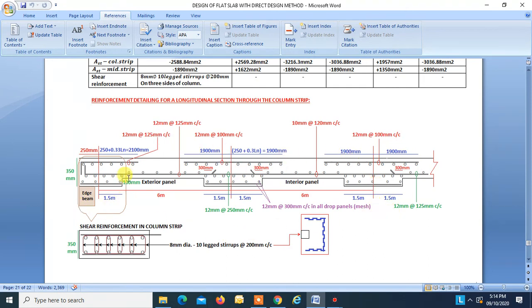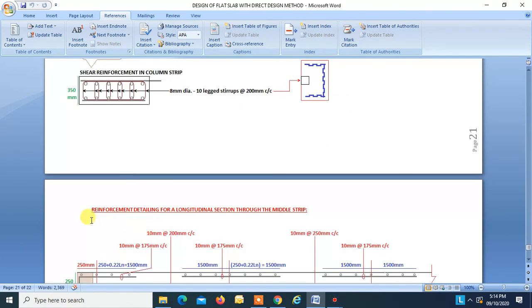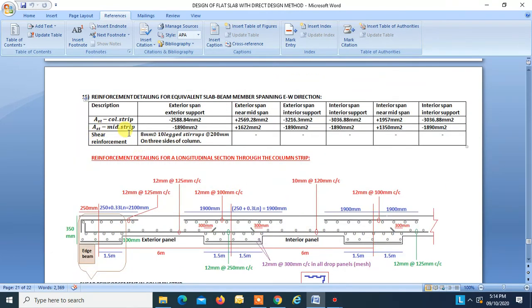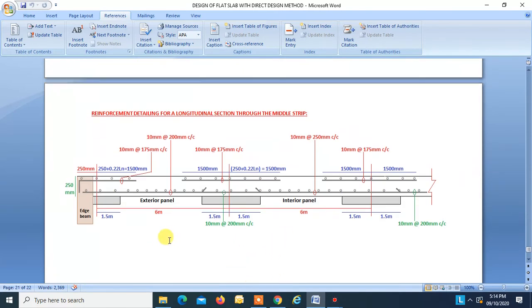And over here we have to provide shear reinforcement, that is 8 dia, 10 leg stirrups at 200 mm center to center. So this is going to be like this, and you have to provide it with spacing of 200 mm from the column face. 200, 200, 200. Now below is the reinforcement detailing for a longitudinal section through the middle strip. Over here, we will provide torsion steel. That is provided over here. You can see this mindfully, and you can try to understand how the detailing of a flat slab can be done. Hope you